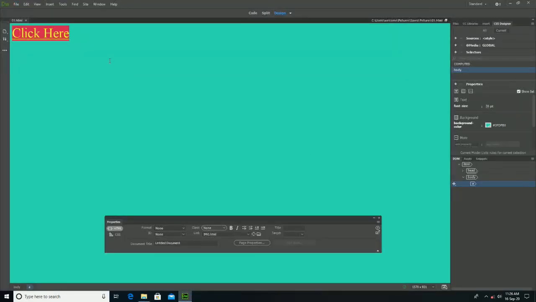Now let us see creating an email link. So for that, again add the text.